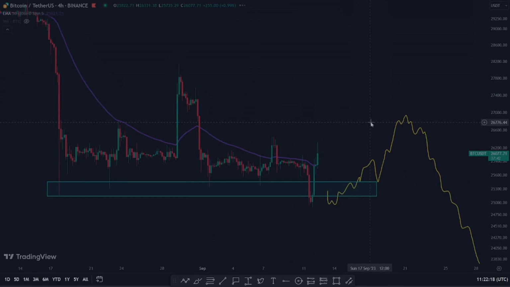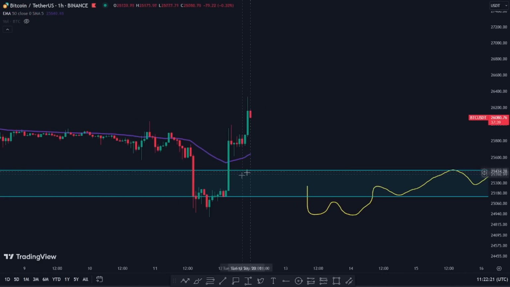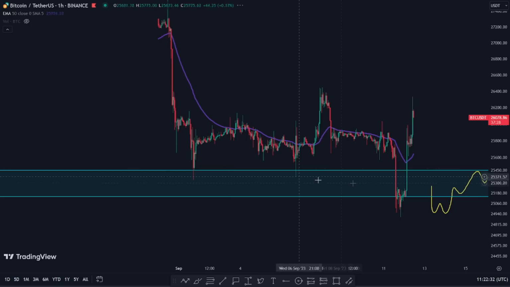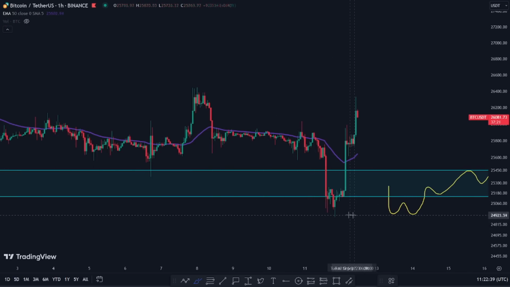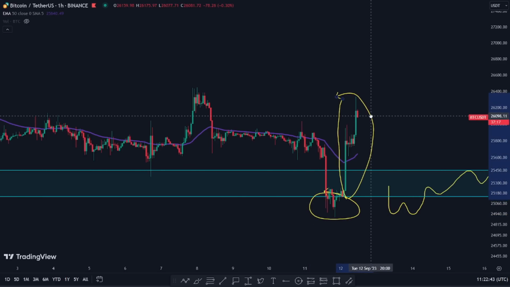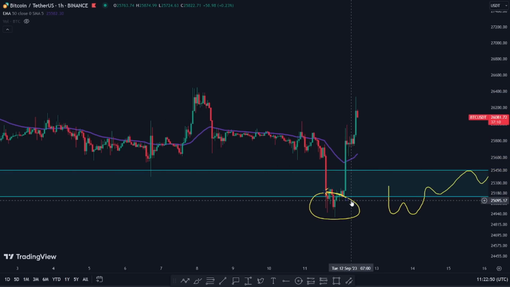And most of you probably notice. It's that this pump here was at 3 a.m. UTC time. That's during the Asian session. So, can we trust this move? I mean, I didn't trust this move to the downside, but I also don't trust this move up. So, what is the trap? Was this the trap? Or was this the trap? All right, that's the question that I'm asking myself all morning. And my conclusion is that both of these moves were traps.